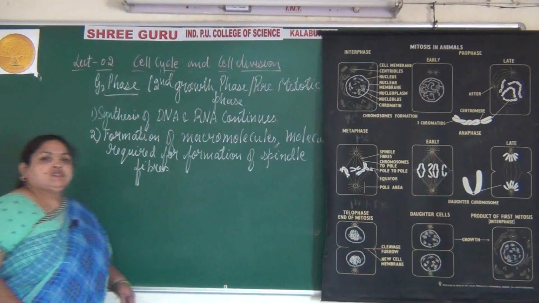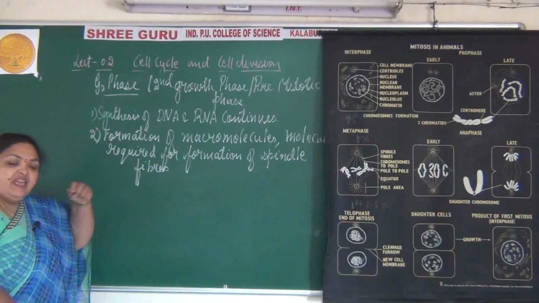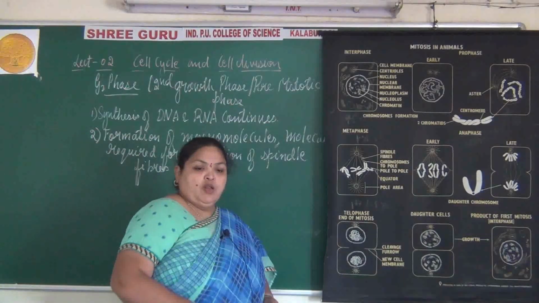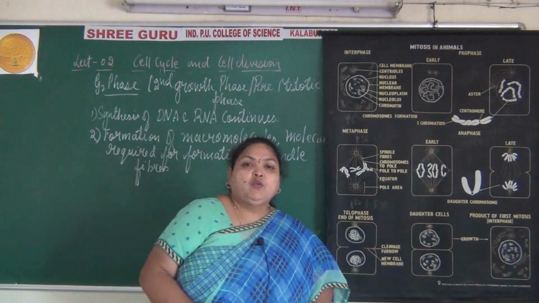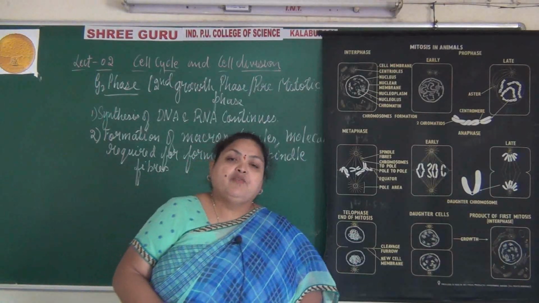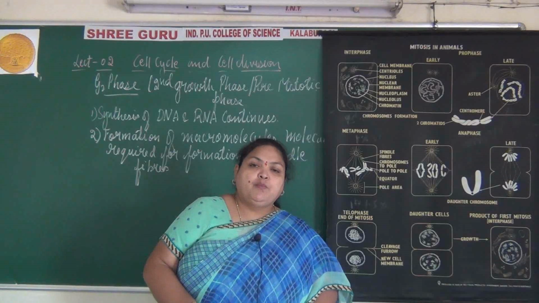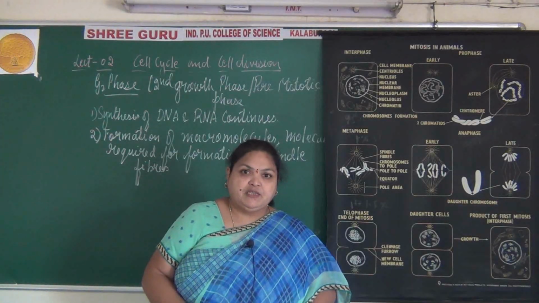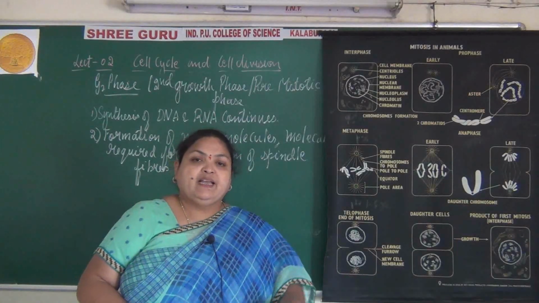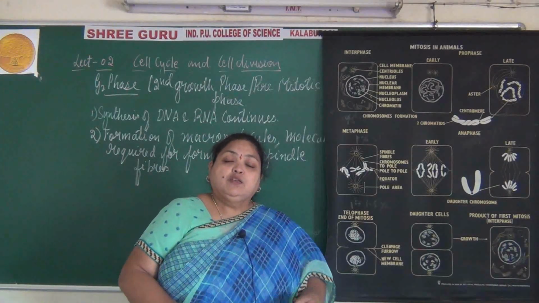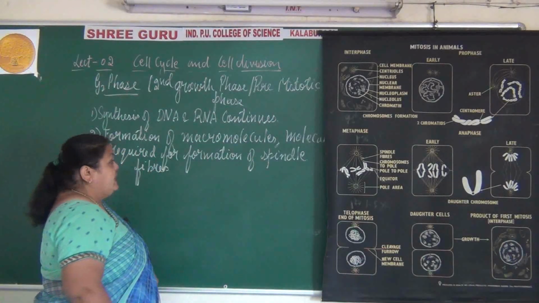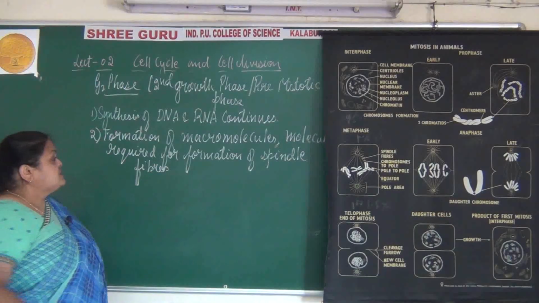Many chemical substances are being reproduced in our body. Some are called macromolecules, some are called micromolecules. Macromolecules are those which are required in larger quantities. For example, calcium and proteins we require in larger quantities, while micromolecules are required in smaller quantities, such as iodine. So those molecules are being synthesized by the cell along with the molecules that are